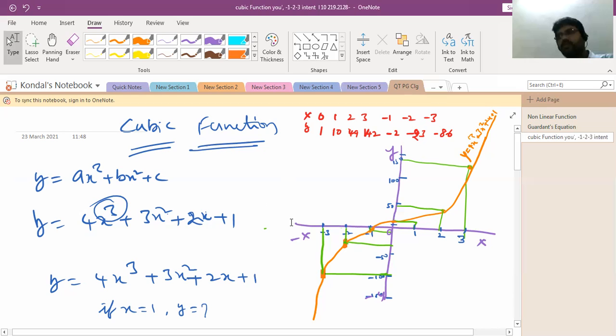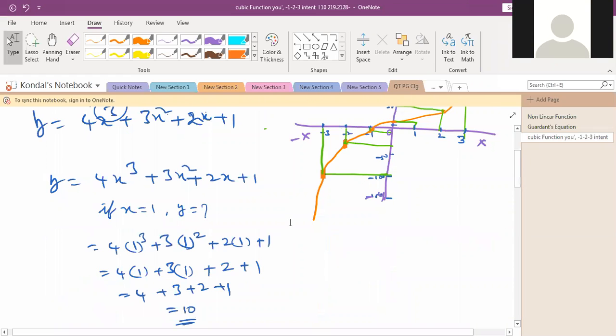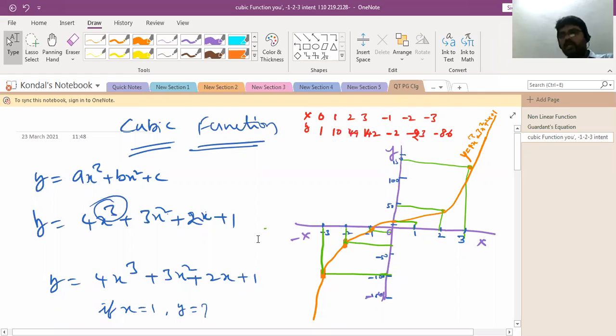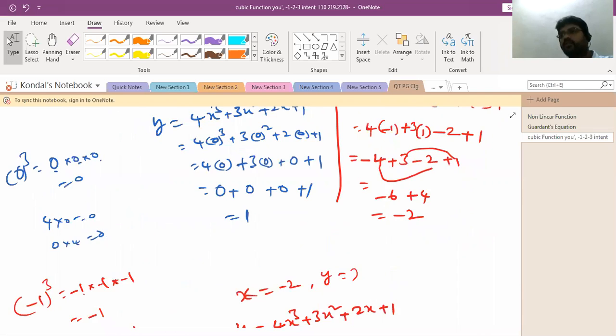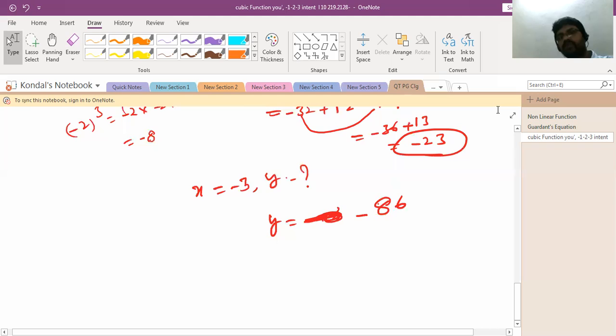Is it okay? Hello? Yes, sir. Yeah. So this is about the cubic function. See, on the basis of the graph only we'll come to know that this is not a straight line, it is curvilinear. Is it a straight line? It is not a straight line. So you will get a line, but it's not a straight line. That is called curvilinear. Still, does anybody have a doubt regarding this today?